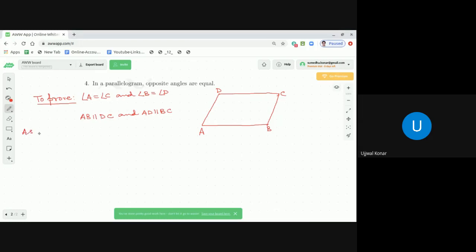As AB is parallel to DC, and the transversal AD intersects them at A and D respectively,